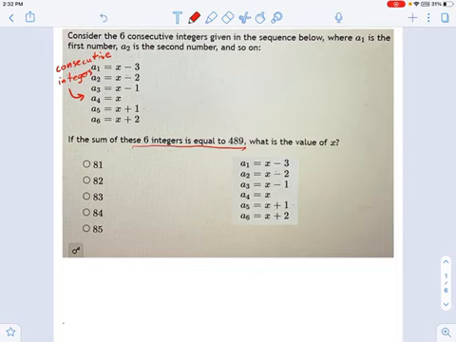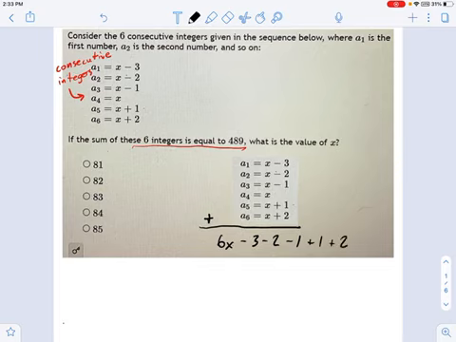Well, you're not going to get this just by looking at it. We need to actually do some algebra, which is, if I take the sum, let's literally take the sum of these things. How do you do the sum? You add them up. So I'm going to put one big old addition bar here and add all these things up. What's the result? Well, count up your x's. 1, 2, 3, 4, 5, 6. We've got 6 x's here. Okay, so that's going to be 6x minus 3 minus 2 minus 1 plus 1 plus 2.